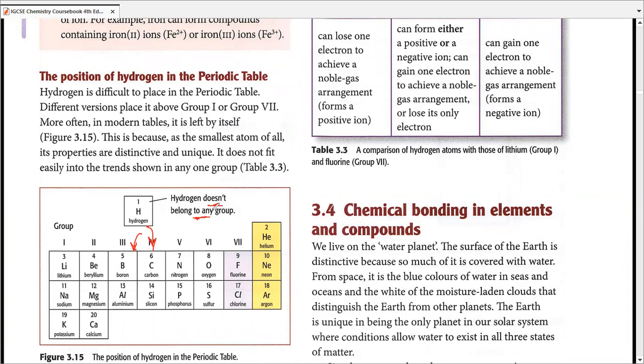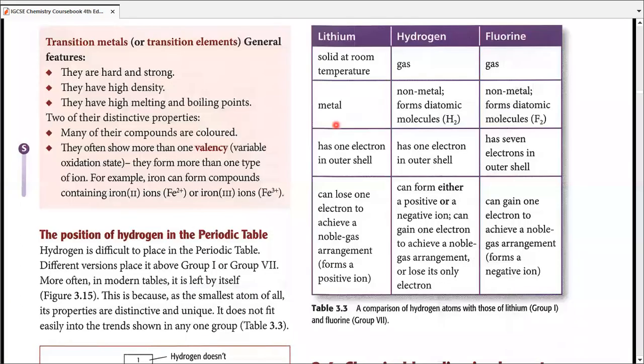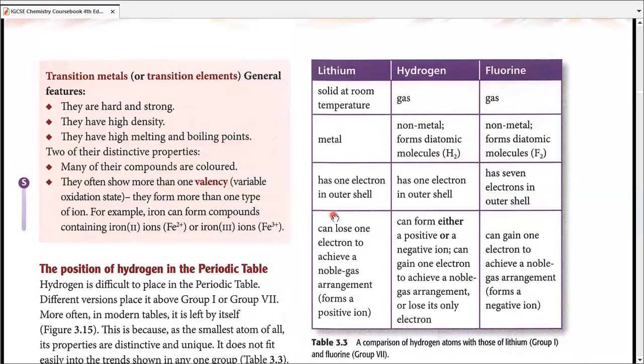So the question is why? Why is the position of hydrogen so unique? And why is hydrogen not belonging to any of the groups in our bifurcations? In order to prove the point, what we usually do is that we try to compare hydrogen with either group